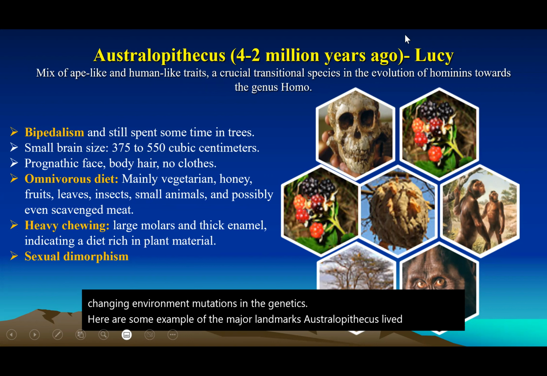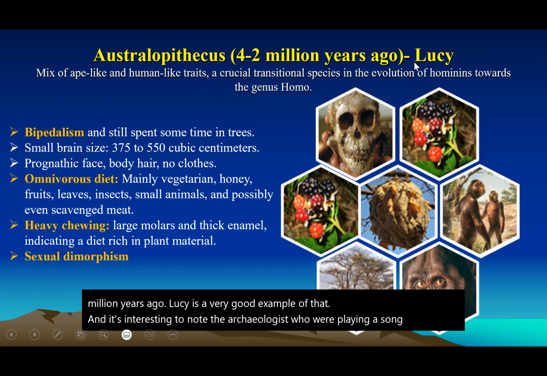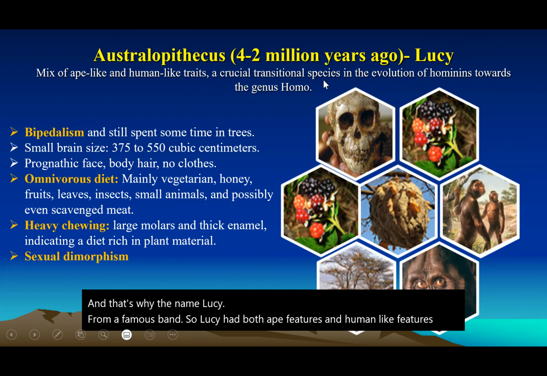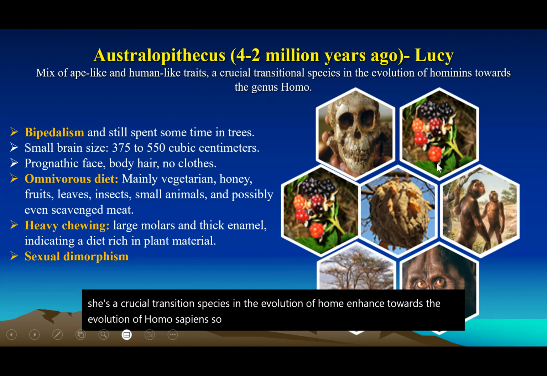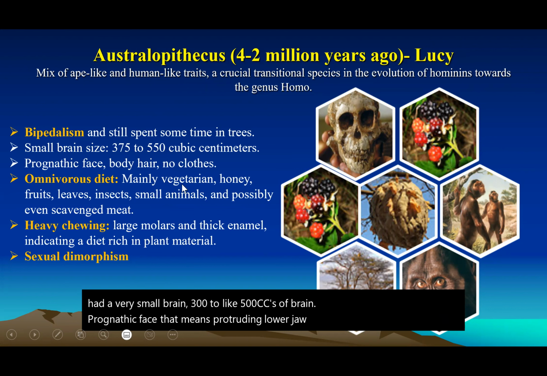Australopithecus lived 2 to 4 million years ago. Lucy is a very good example of that. It's interesting to note the archaeologists were playing a song called Lucy, from a famous band, and that's why the name Lucy. So Lucy had both ape-like features and human-like features. She's like a crucial transition species in the evolution of hominins towards the evolution of Homo sapiens. So Lucy showed bipedalism, that is walking on two feet, had a very small brain, 300 to like 500 cc's of brain, prognathic face, that means protruding lower jaw,